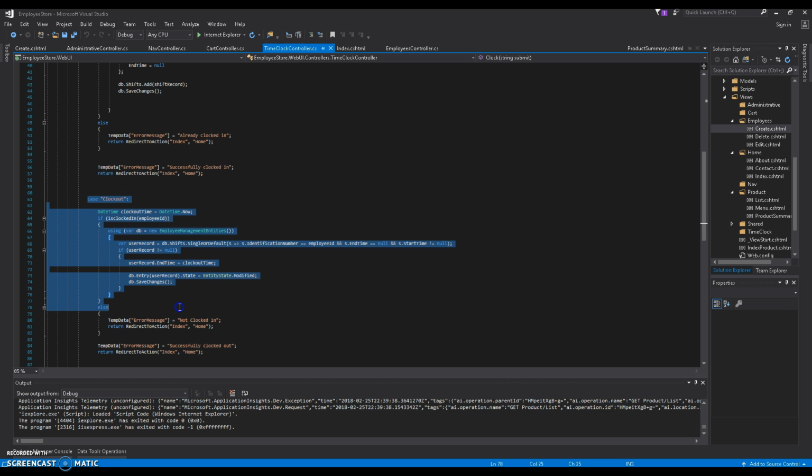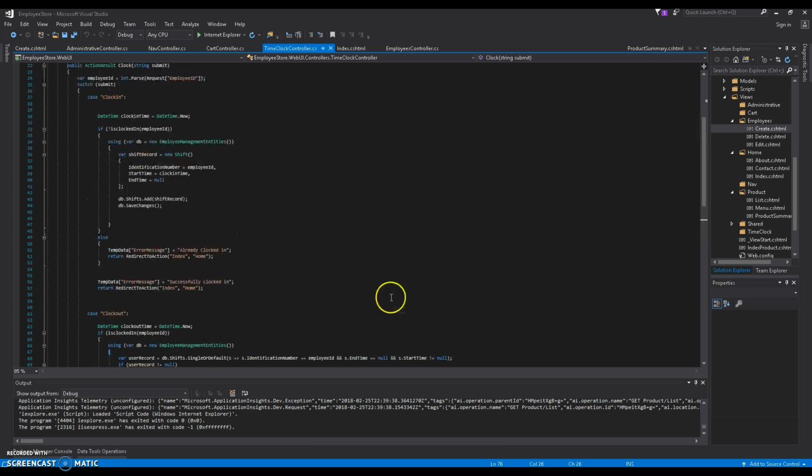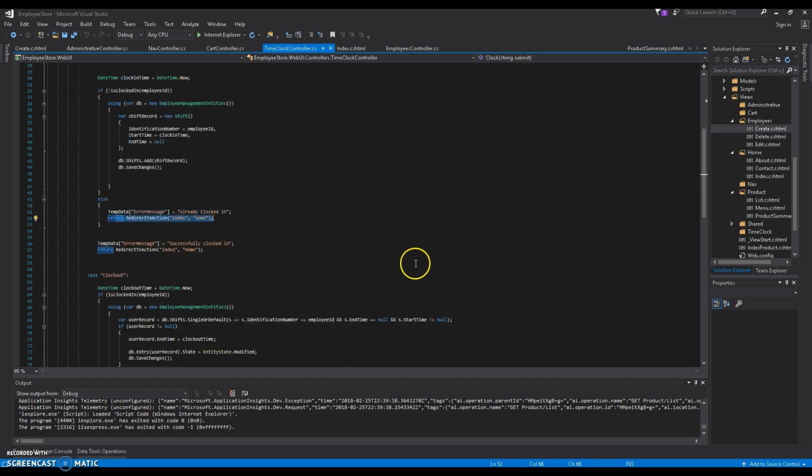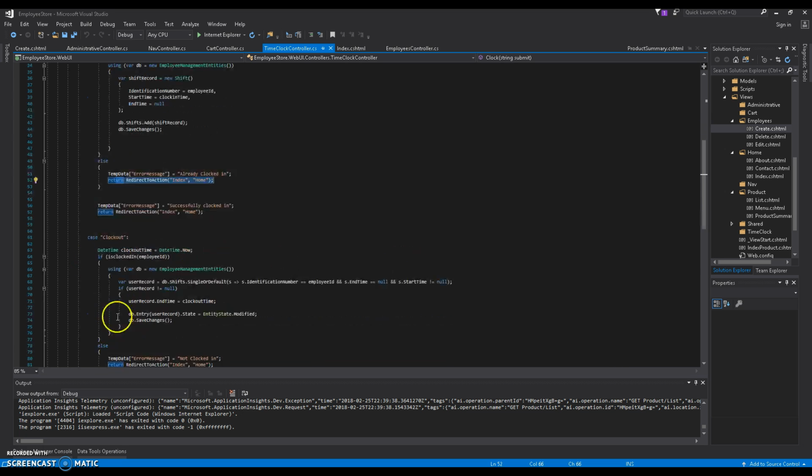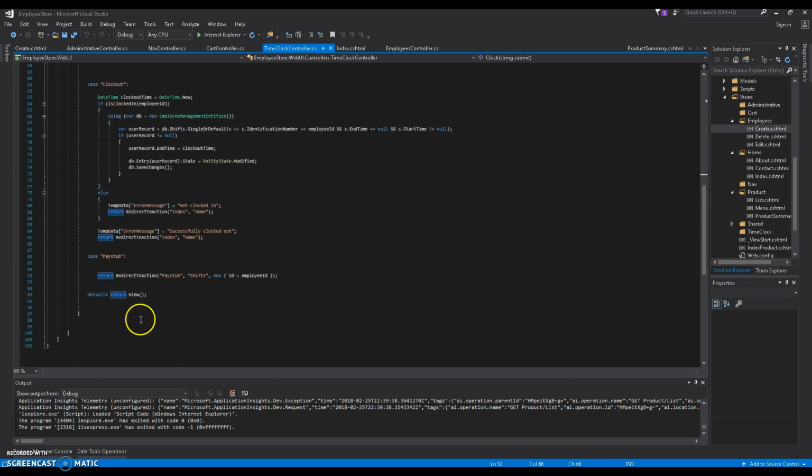This is how to log off, pretty much. At first this was supposed to be a time clock, but we're changing it up a little bit. It even has some kind of validation here. Like if you're already clocked in, here it is. If you're gonna clock in, it sends you back home. Clocking out's right here, and all this will sit in